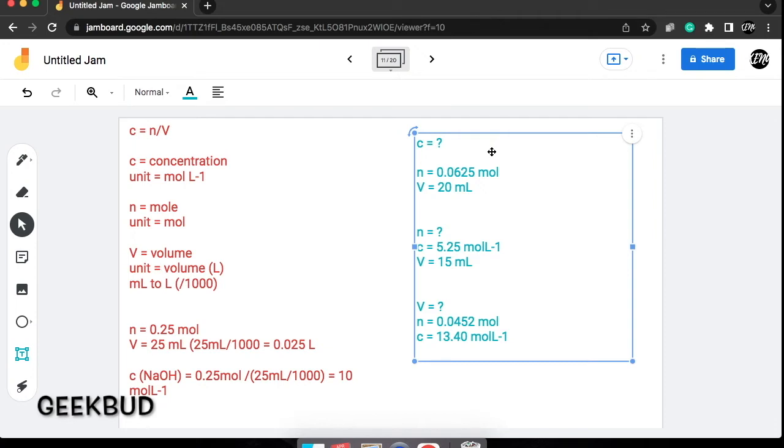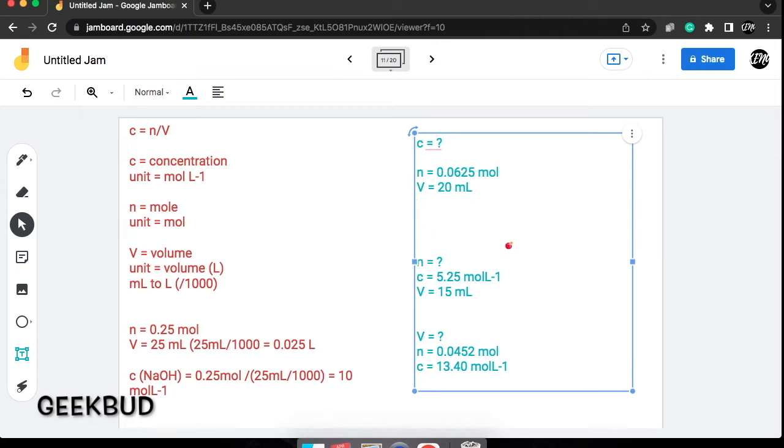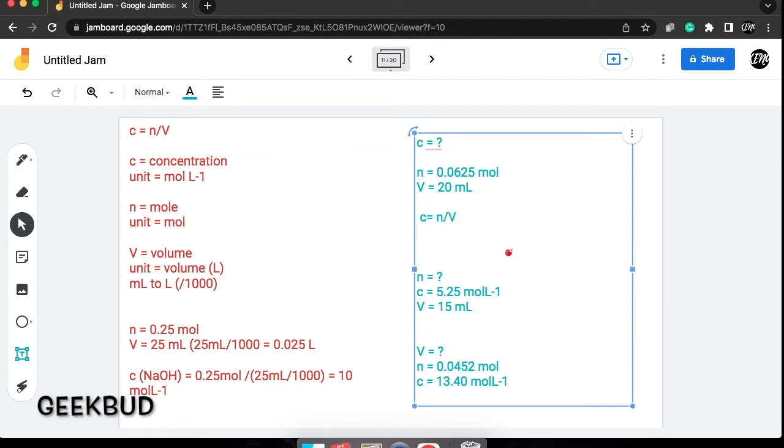Here we're trying to calculate concentration, and they have given you in the question the mole and the volume. So you can pause the video and try to do this yourself, and then come back to it, and we'll go over it together. So essentially, concentration we know equals N divided by volume, so moles divided by volume. If I plug in what they've given us,